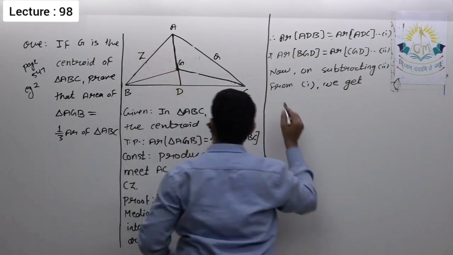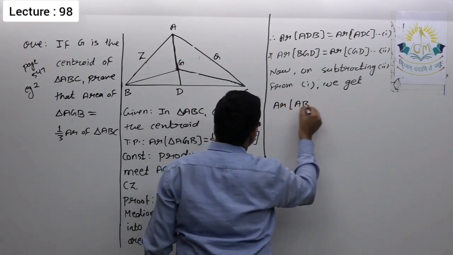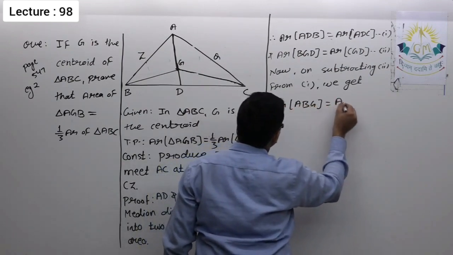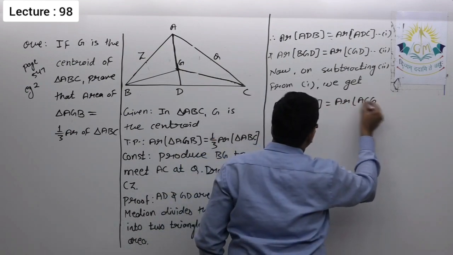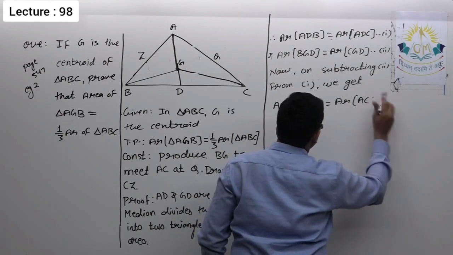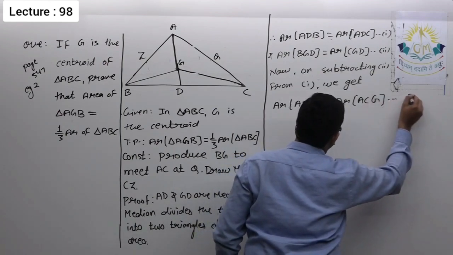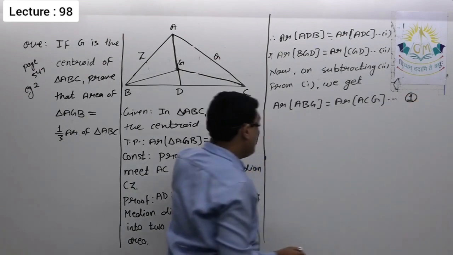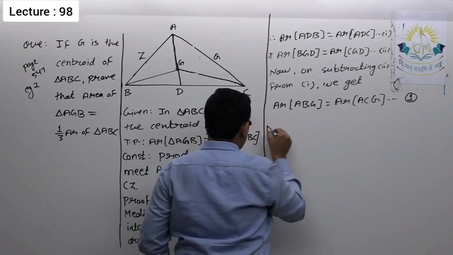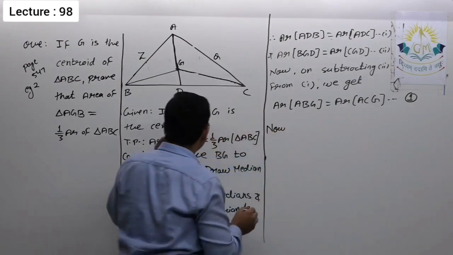So we'll get area ABG is equal to area ACG. Let it be first. Okay, I'm giving this one. Okay. Now further